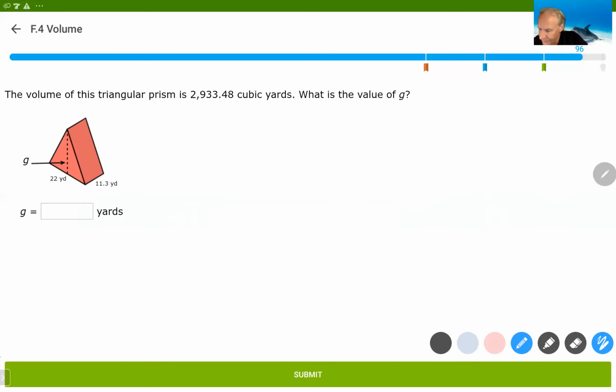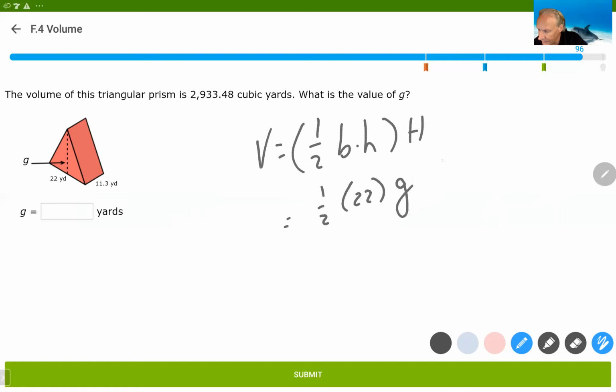One more. What is the value of G? It's the same as the other one, so I'm just going to do it by hand. Volume is equal to 1/2 base times height times the height. It's 1/2. The base is 22. The height is G. The large height, or the height of the prism, is 11.3. So the volume, oops, oh well, I'll erase it. 2933.48 is equal to